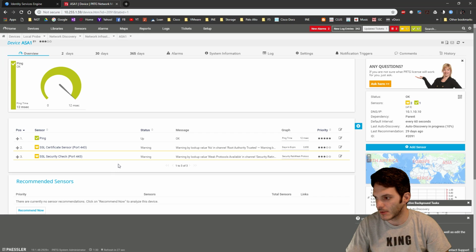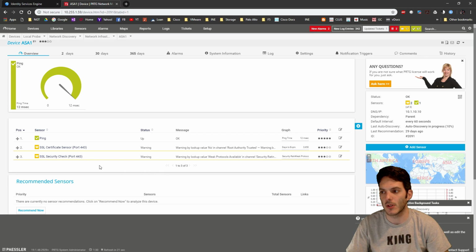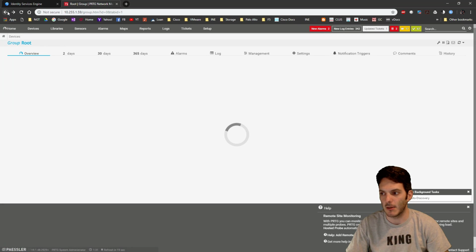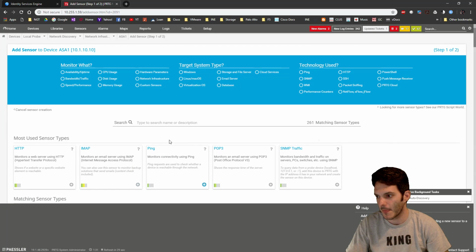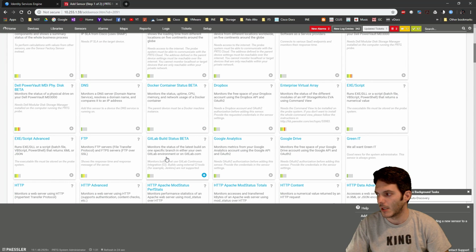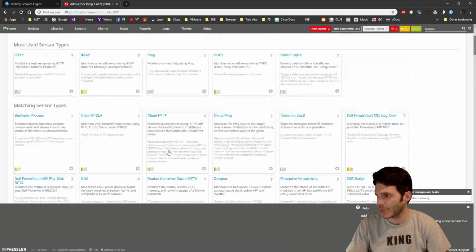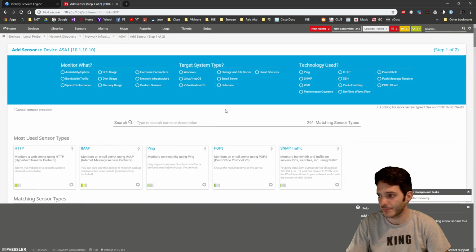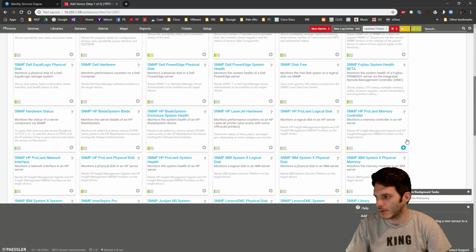So if we were to click back on this, it's detecting a certificate issue, and we knew this. And this is one of the ways that you might detect that if it's happening. If you didn't know the certificate had failed, that's one way you could get information from it. But if we wanted to add a sensor to this, we could come in here and do pretty much anything we want to. We could grab any real information that's available to us. An example of this would be coming up here and saying, I want to know hardware parameters, and I want to know when, for instance,